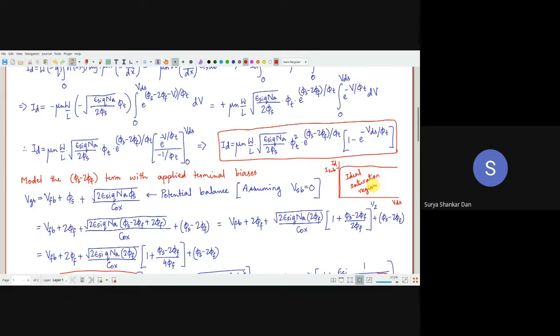Remember, there is something called channel length modulation when we are dealing with the actual saturation region, which we call a saturation region. However, in case of subthreshold operation, it is perfectly flat. Perfectly flat. Seriously. That means, what does it imply? आपका R out is literally infinity. In your analog IC design, आप सीख रहे हो ना? आपका gain क्या आएगा? Your AVO will be equal to gm into R out. What is AVO? Intrinsic gain. You must be doing it in analog IC design. So if your R out is infinity, then effectively your gain is infinite gain.